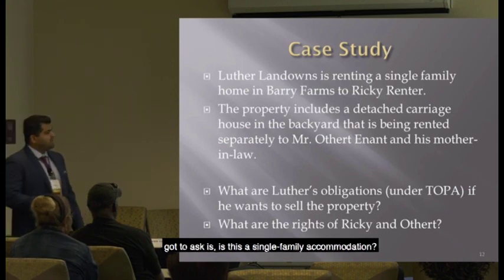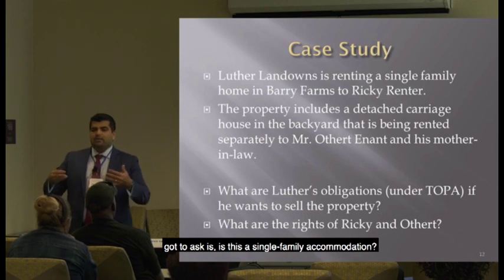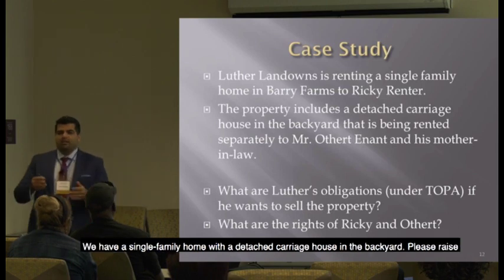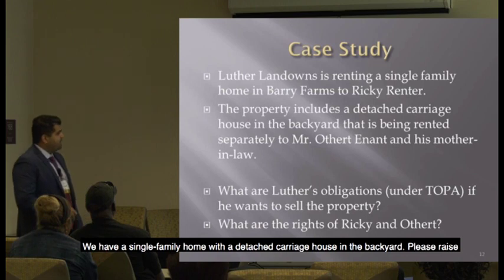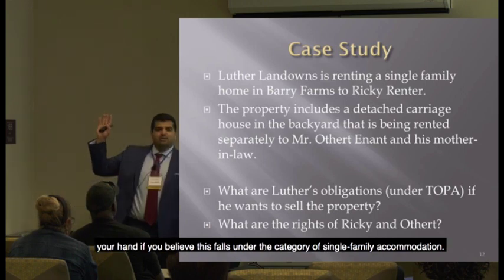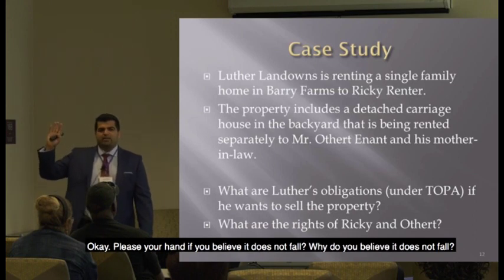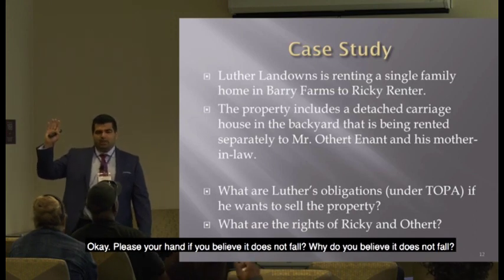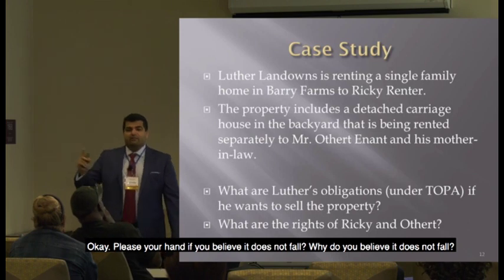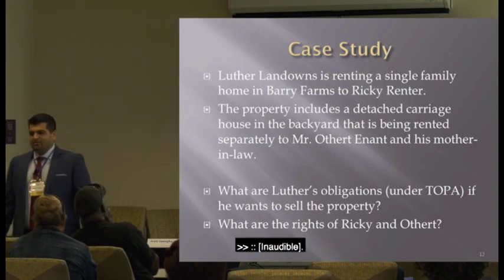Okay, so you've got this landlord. The first question we've got to ask is, is this a single-family accommodation? We have a single-family home with a detached carriage house in the backyard. Please raise your hand if you believe this falls under the category of single-family accommodation. Okay, please raise your hand if you believe it does not fall. Why do you believe it does not fall within the category? Because he's renting